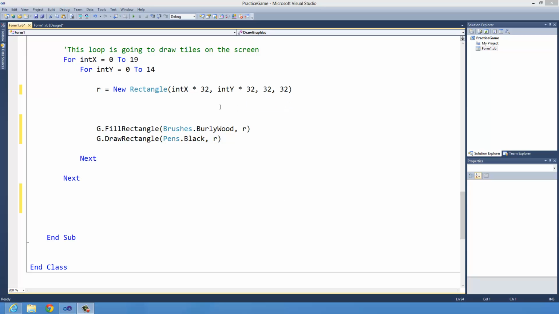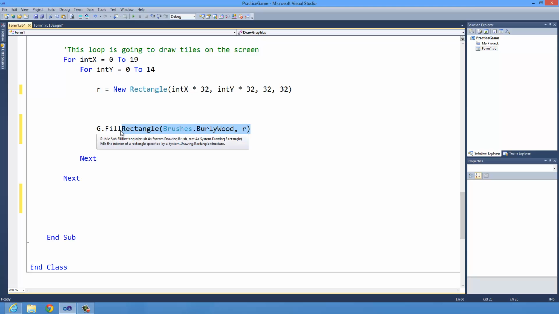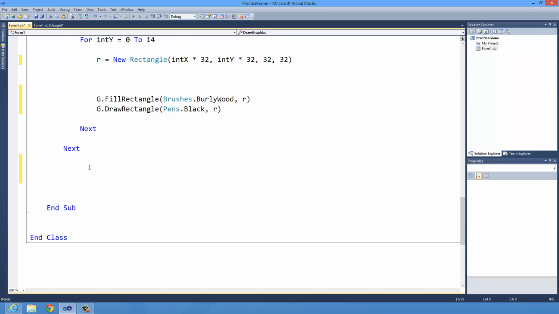And to start off, please go ahead and change back your code so that your rectangles are 32 by 32 pixels. And also be sure that the g.FillRectangle happens before the draw outline of the rectangle. And change the color back to burlywood. It was red before, and you might have modified it a little bit further. Now the next thing we want to do is display our frames per second